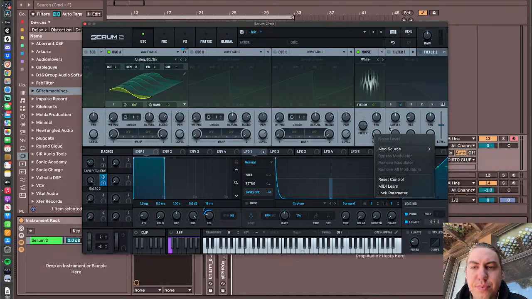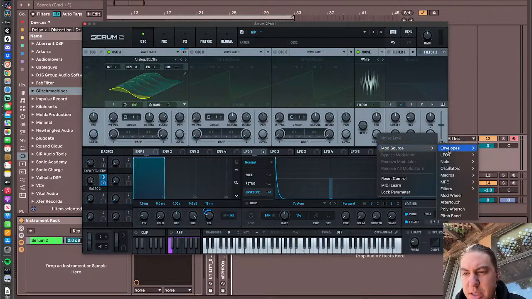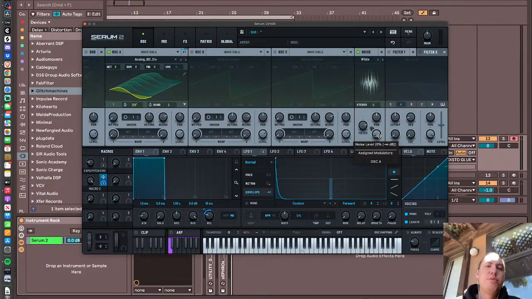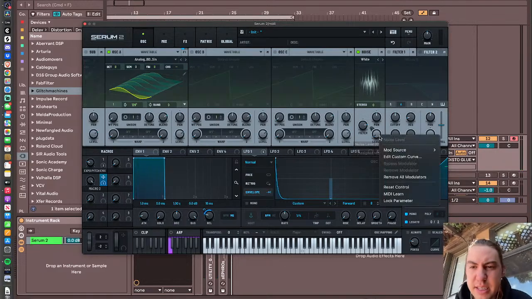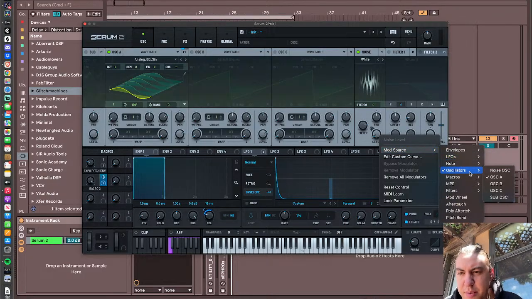Or, see, because that's going to sound like this. So let's do that first, and I'll show you what that sounds like. So mod source, oscillator A. See how the tail stays the same? But we could do something else. So let's see. Mod source. And then